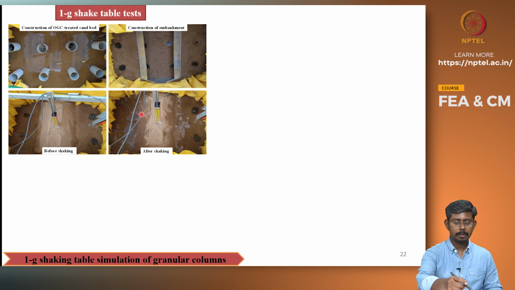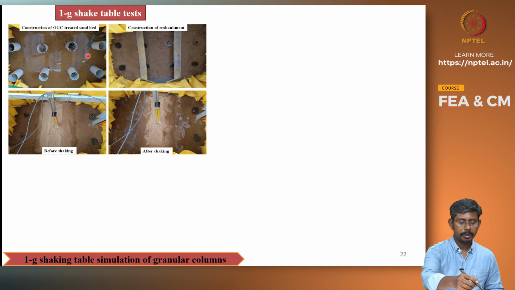The sequence of the formation of sand specimen is shown here. This is construction of ordinary granular column treated sand bed. Here the PVC pipes are placed prior to the pouring of sand and the gravel is filled inside it. Then water sedimentation is the method adopted to construct the specimen here. So water is filled and the soil is pluviated